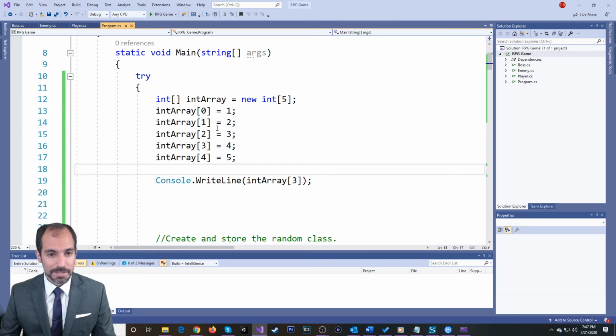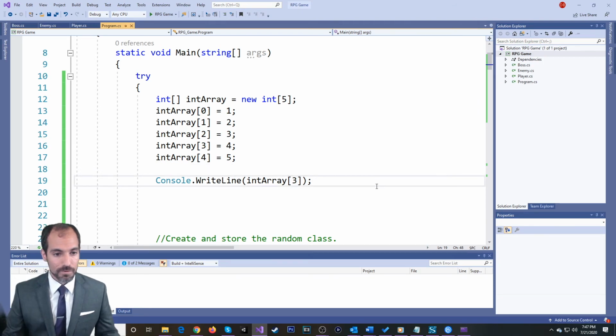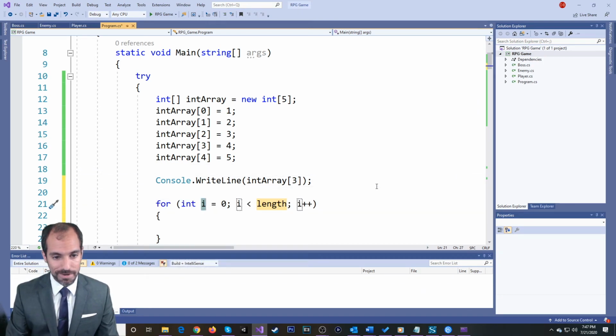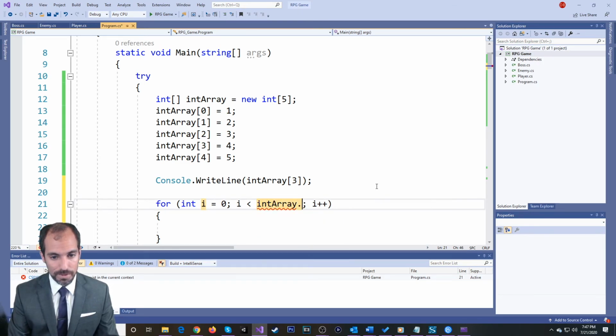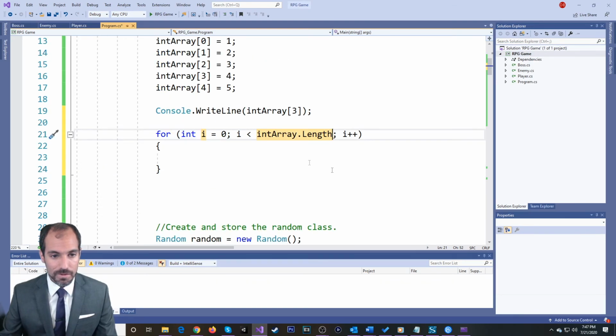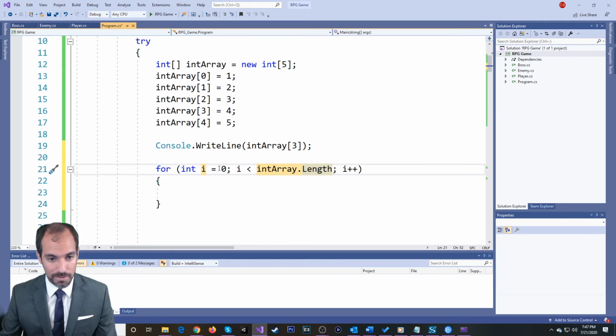So that's basically arrays. Allows you to store multiple things in there, and then you can write them out. But if you wanted to loop through an array and write them all to the screen, we typically would go an array loop, and we would say the length of the array. So since we're counting from 0, this works automatically. Starting at 0 and continuing till the length of the array, which is 5,